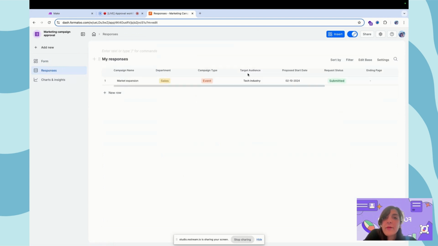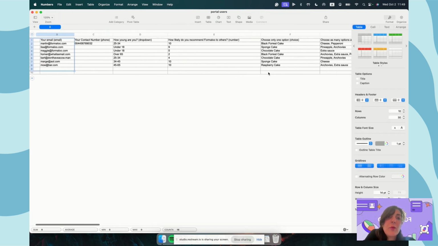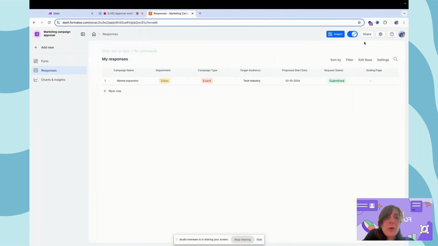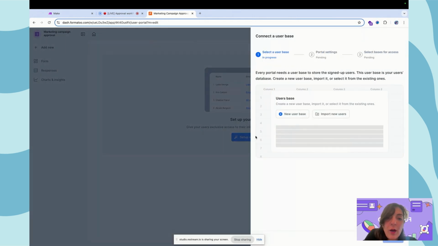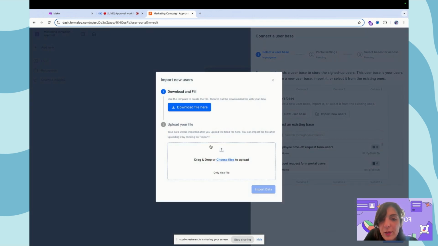So I have prepared an Excel sheet, which is this, and you can import it as your portal users. So let's go to settings, enable the portal mode, so this app turns into a portal, but we should set up the portal before we go on. So set up the wizard. You can import your users here. Let's import them. Download an example,